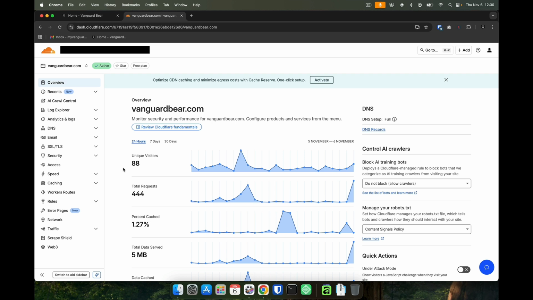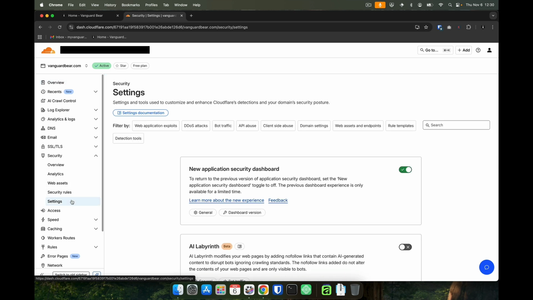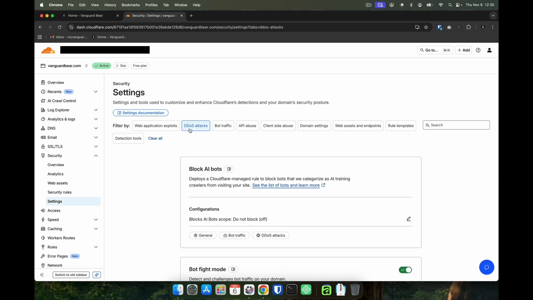So let's get on with what I want to show you, which is how you can turn on a setting that's gonna block bots or bad traffic if you're under attack, if you receive a sudden spike of bad traffic. So we're gonna go over here, select the domain, and we're gonna go to security. We're gonna go to settings over here, and what you're gonna do is select DDoS attack, and DDoS attack is denial